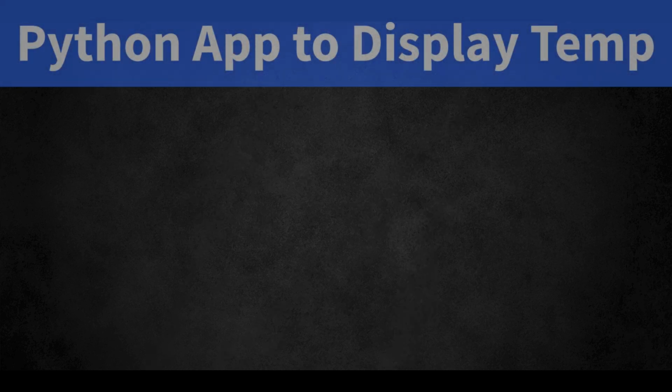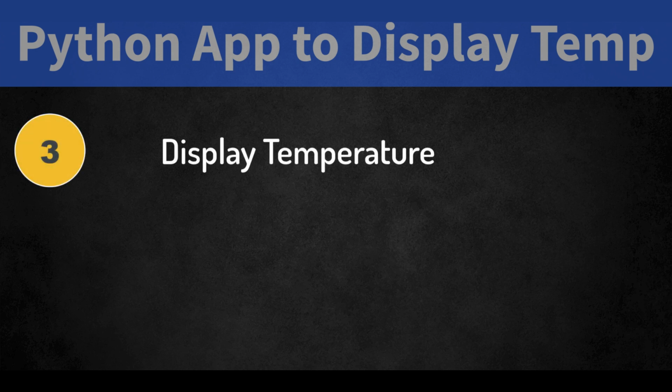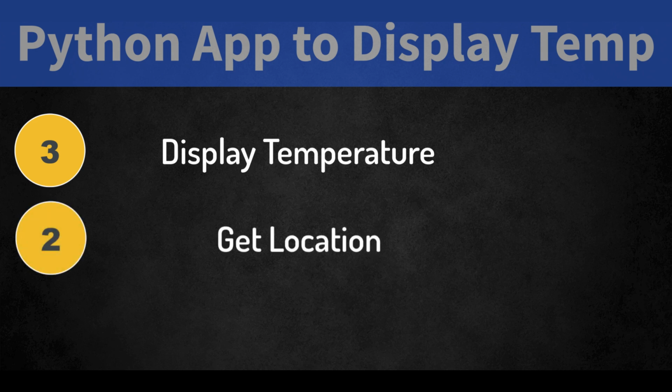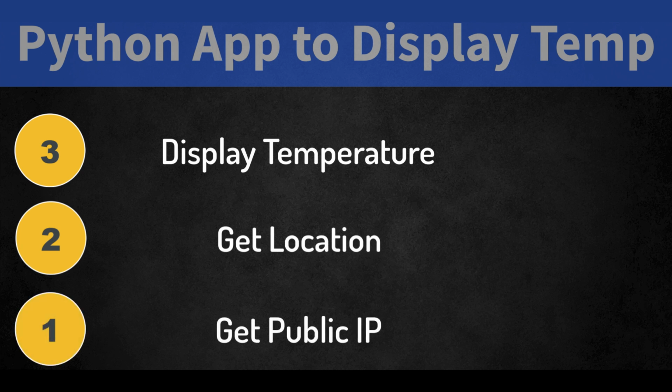Now, you have been tasked with something that might seem relatively straightforward: to display the temperature. And we want the temperature for the next 7 days. So, of course, we might think our first task is going to be to display the temperature. However, it's not going to be our first task. Before we can display the temperature, we need to know where we are. So we want to get our location. But to get our location, we're going to need to know the public IP address of the system that we are using. So instead of using one API, we're going to need to use 3 APIs.